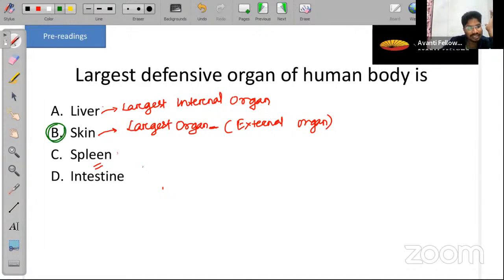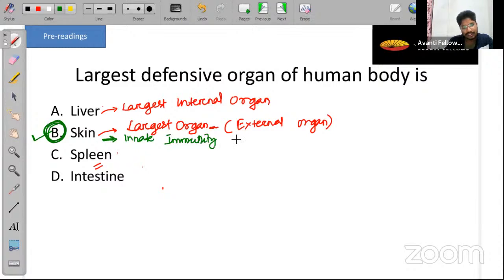स्किन को हम लोग काउंट कर सकते हैं डिफेंसिव ऑर्गन बोल के, राइट? सो इट विल बी द आंसर. हाउ द स्किन विल बी डिफेंसिव ऑर्गन? कैन एनीबॉडी आंसर मी इन द चैट बॉक्स whether what kind of barrier it is? It is coming under innate immunity, इनेट इम्यूनिटी के अंदर ये आएगा,